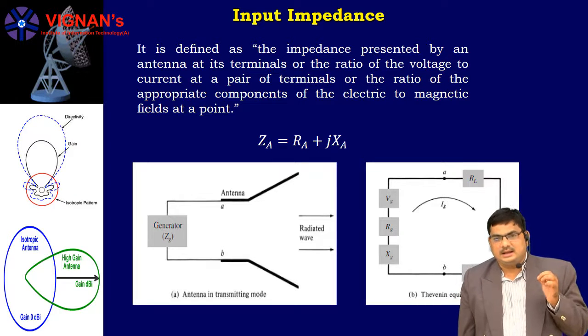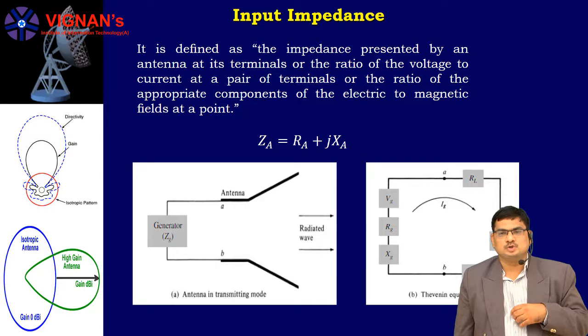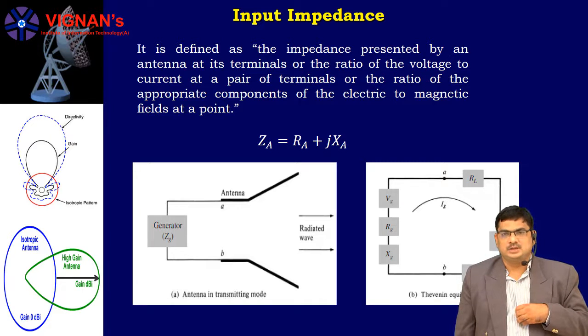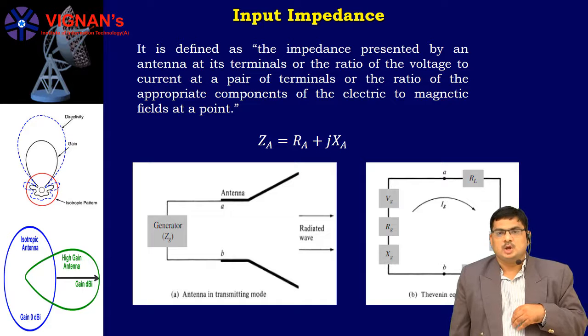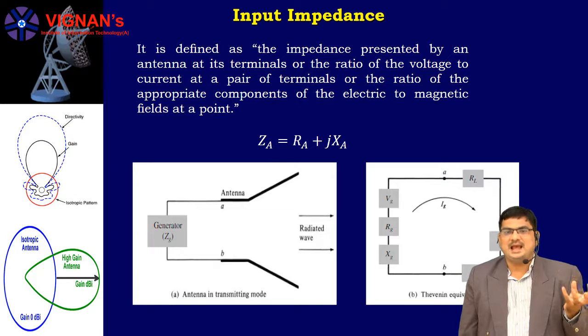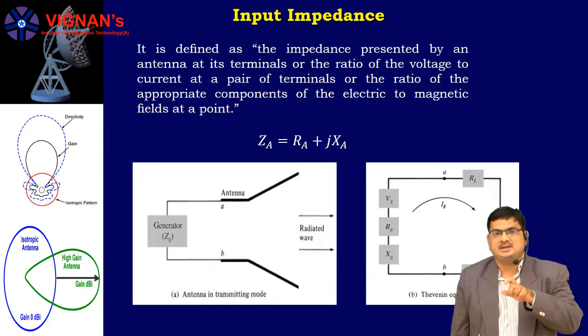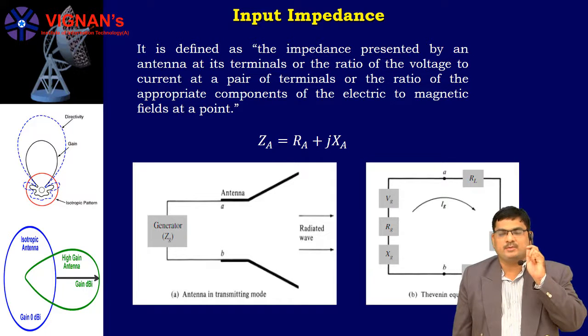So, that's why some reactive fields occur. For any antenna, for example a half wave dipole antenna, the input impedance is equal to 73 ohms. Suppose here you see, we are applying an RF voltage from a generator. From that generator, voltage is induced in the transmission line, and due to this induced voltage, there will be a current distribution in that transmission line.